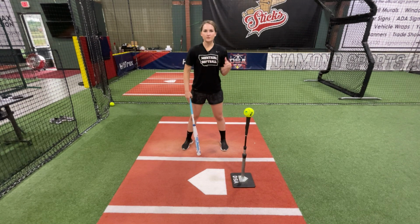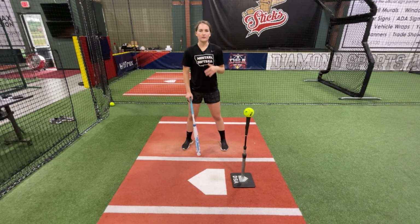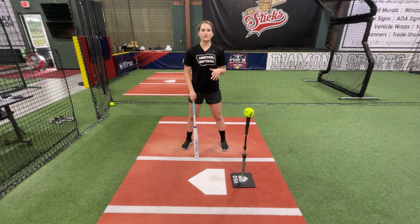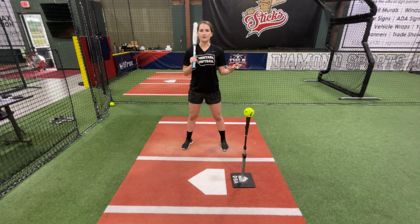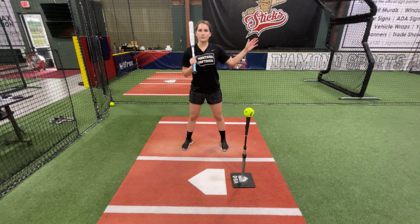Alright, so this first drill that we're going to be working on is top hand. So why is top hand important? The reason why this is important is that we're going to separate our top hand from our bottom hand. Now if you're a righty, your top hand is going to be your right hand. If you're a lefty, your top hand is going to be your left hand. And so going back to why this is important is that I want you to be able to feel what